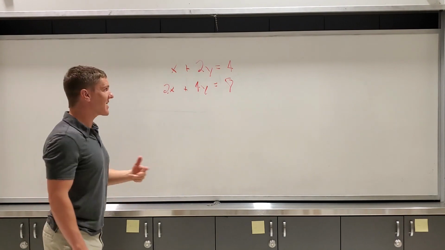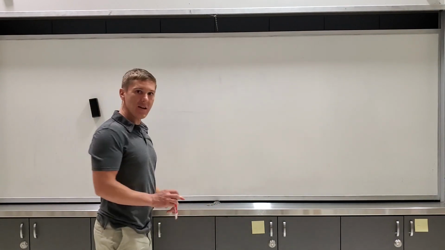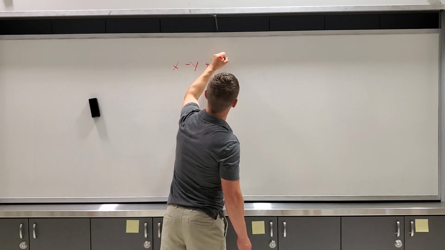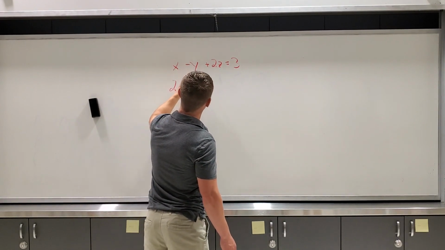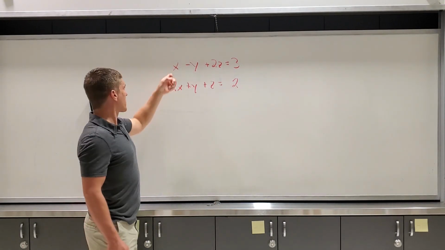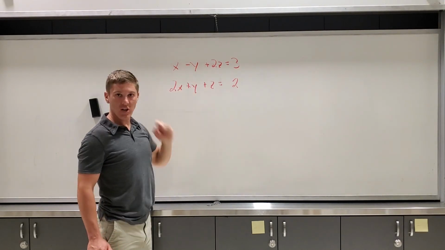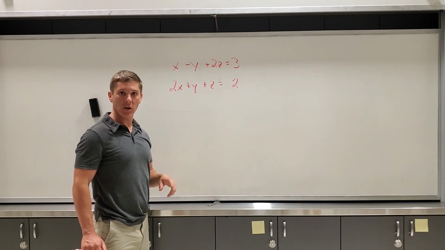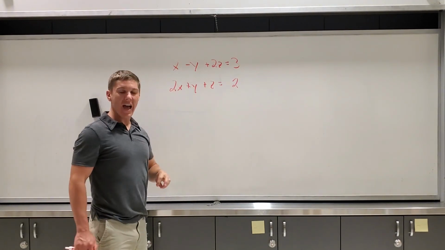Okay, now let's go ahead and take it up to another level. Let's look at a system of equations where we have three variables. Let's say I have something like x minus y plus 2z is equal to 3. There's my first equation. And now I have 2x plus y plus z is equal to 2. I have three unknown variables: an x, a y, and a z. If I want to solve for a single solution for each of those variables, I need to have three equations for my three unknowns. But I only have two equations for my three unknowns,